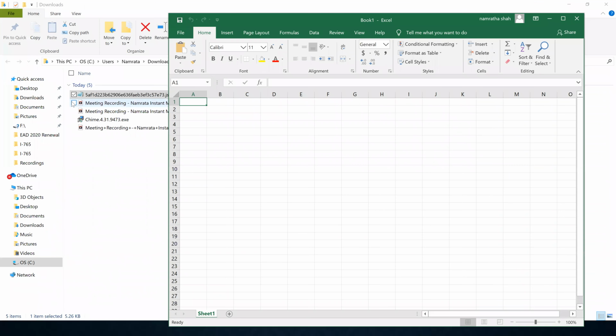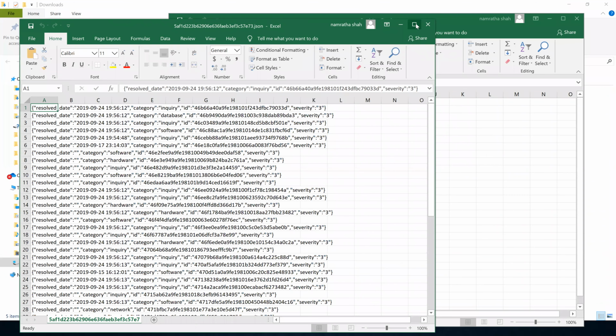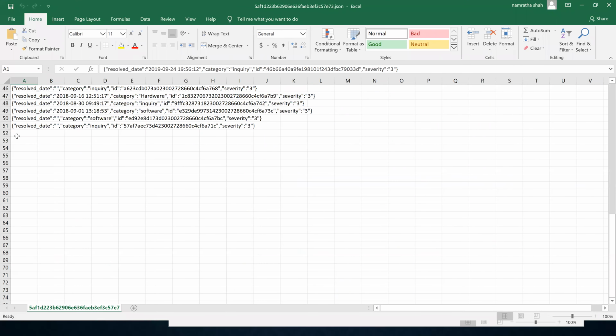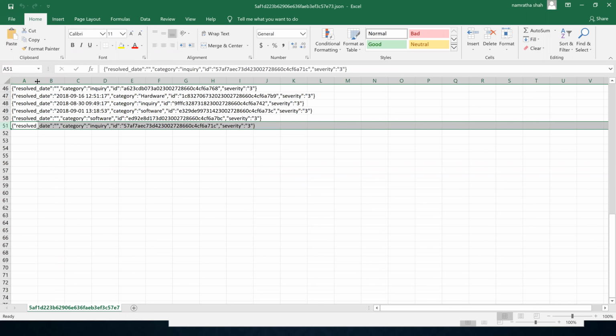So if I open this up in Excel, you will be able to see the count of records. So there are a total of 51 records right here. And this is precisely those 4 fields, right? So our resolve date, category, severity, and the ID that we had requested.